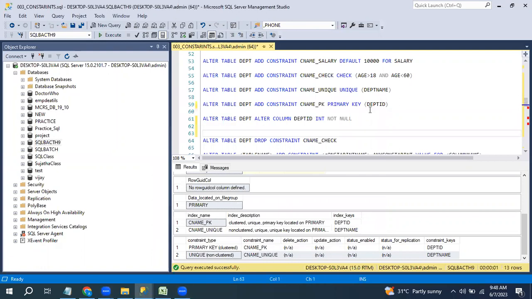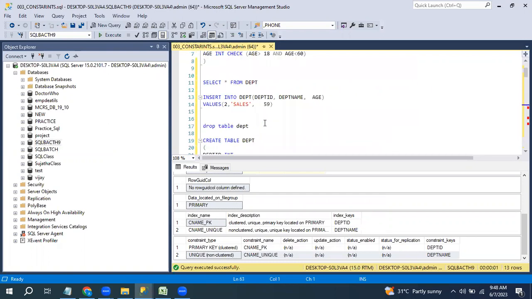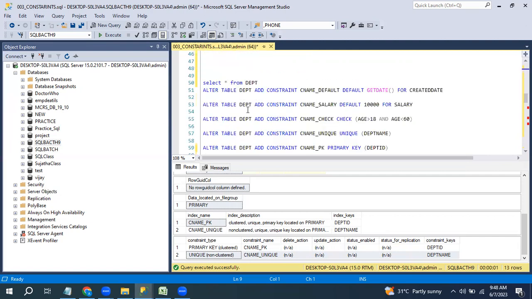So now we understand how a primary key is created and how a unique key is created. Similarly, while creating the table for the first time, we can mention default, check constraint, not null, null, everything at a time only. So when you create the table, you can create the constraints as well. But if you forgot to create any constraint while creating the table, you have only one option: you need